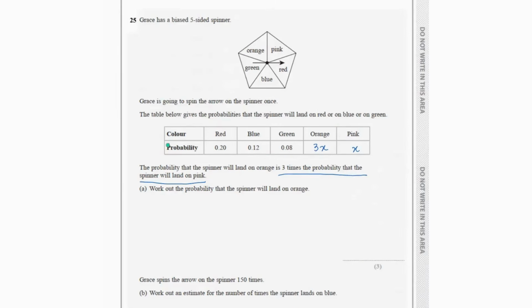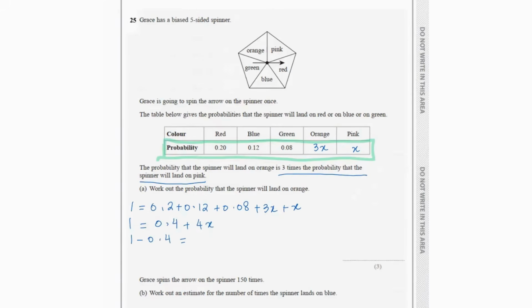Whenever we have a table like this, the sum of the probabilities will always be equal to 1 because the spinner has all of these colors. So the spinner existing has the probability of 1 with all of these colors. So when we add up the probabilities of all of the colors appearing on the spinner, it will equal 1. So 1 equals 0.2 plus 0.12 plus 0.08 plus 3x plus x. That's 1 equals 0.4 plus 4x. 1 minus 0.4 equals 4x,